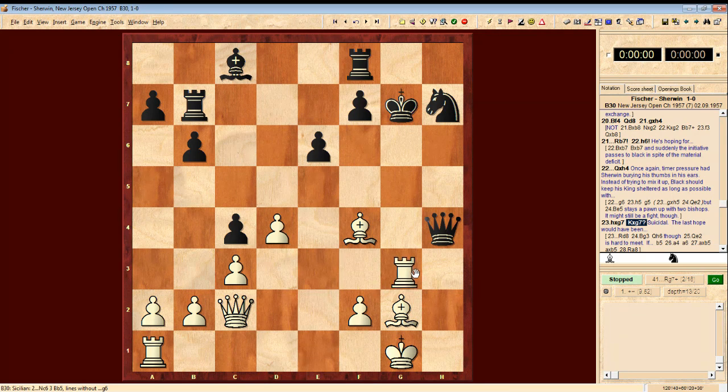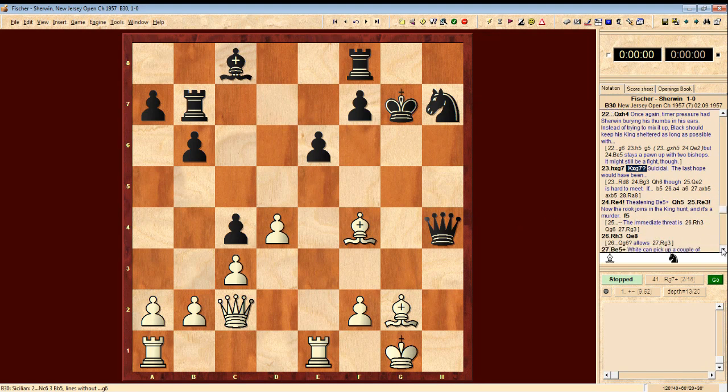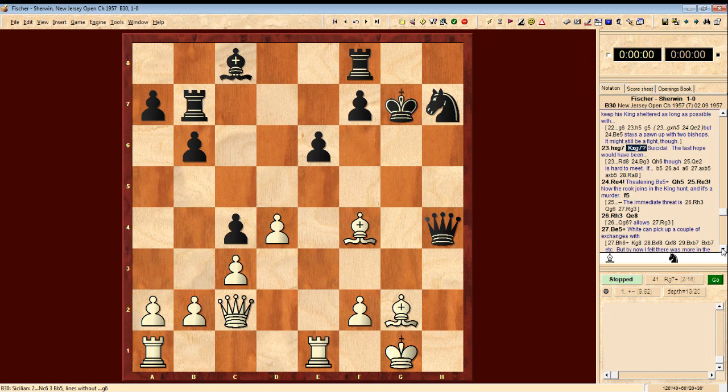And with this potential check, and if the queen can be forced to this file, there are horrible pinning predicaments. There's all sorts of horrible things that can happen. So Sherwin, by exposing his king, has just made his exit come much more quickly. Fischer plays rook e4. I was very, very proud of myself for finding this move. Of course, the